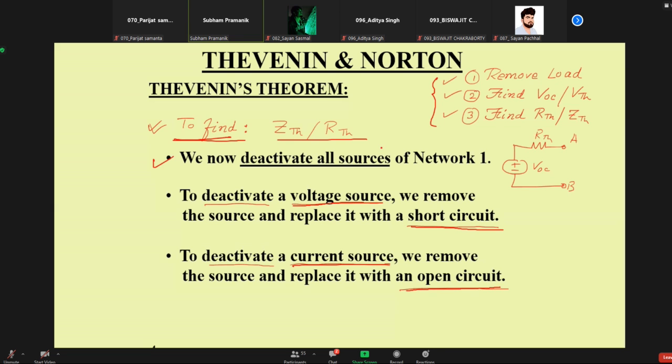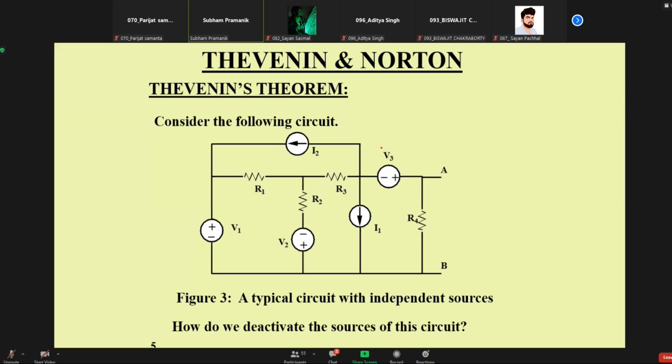So let's study one problem, or an illustration, that shows how this Thevenin's theorem can be applied. Suppose, for example, the current is required through R4. The question is: find the current through R4 applying Thevenin's theorem. This circuit may appear a bit complex, but let me tell you, there are more complex circuits than this. This is still a simple circuit.